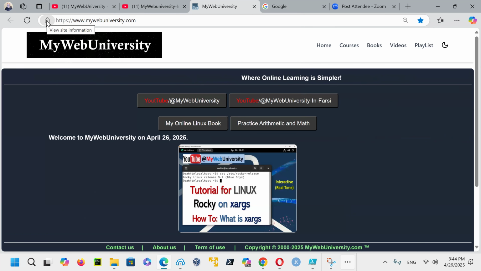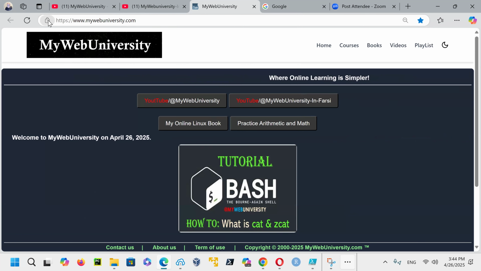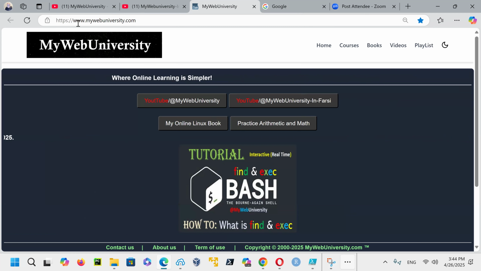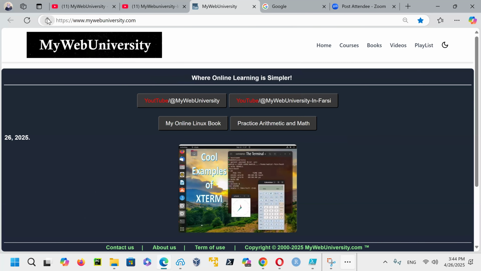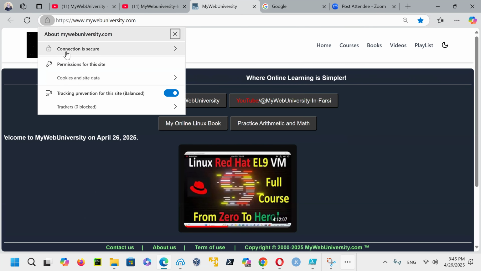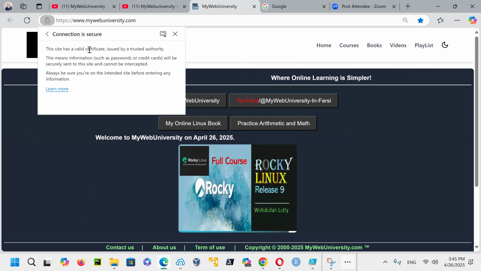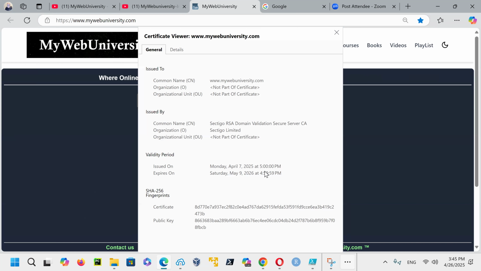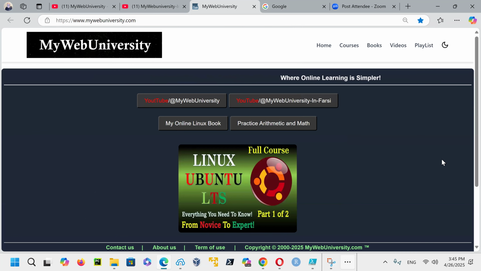Every year I have to update it, and now it's good for another year, then I have to do it again. You can see the connection is secure, and the certificate says it is good until May of 2026. That certificate is providing encryption between the client and server.